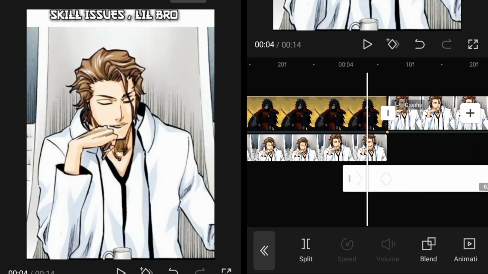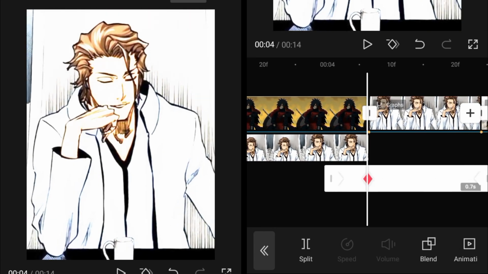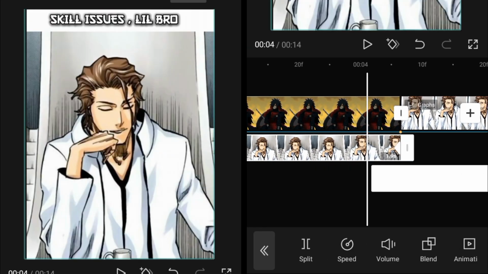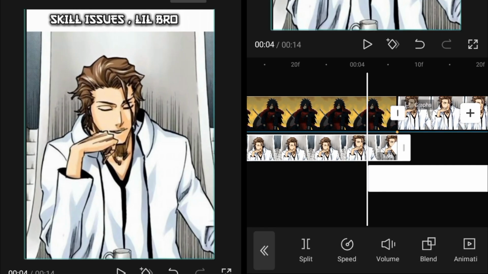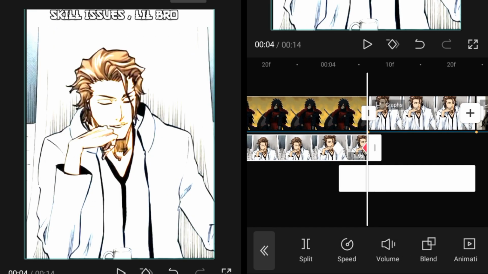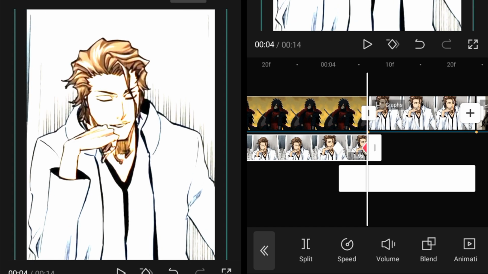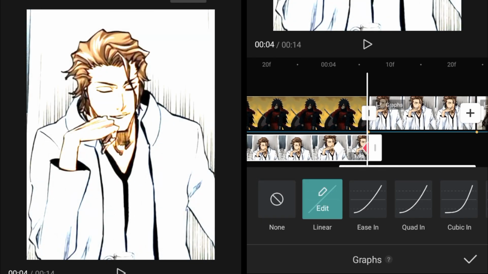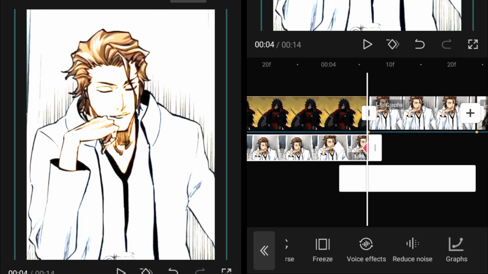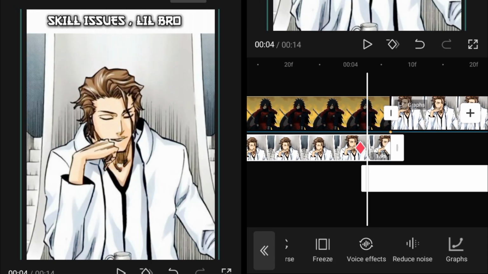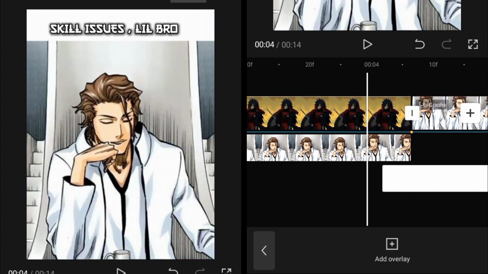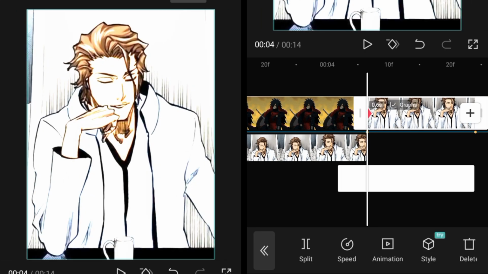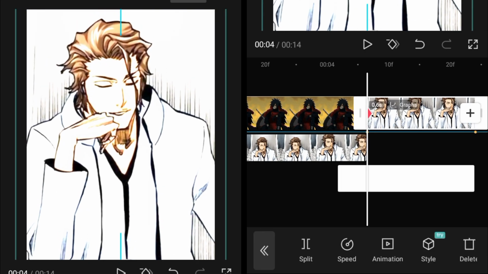So I made a mistake: I forgot to add keyframes on the above overlay, like this one. For that we'll add a keyframe right here, then go to the ending, increase the scale of the overlay like this, and then add the graph, which will be the ease out graph. Then also adjust the main clip on the main frame scale right over here, adjust it like this,